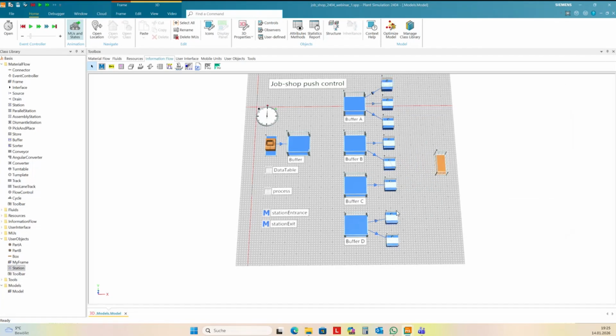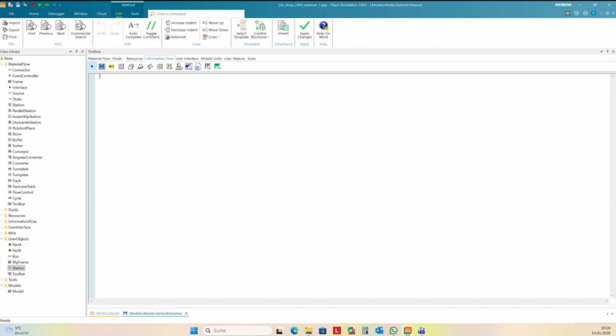Okay, two small SimTalk programs. It's not a lot of programming today. Station entrance. I want to set the proc time.